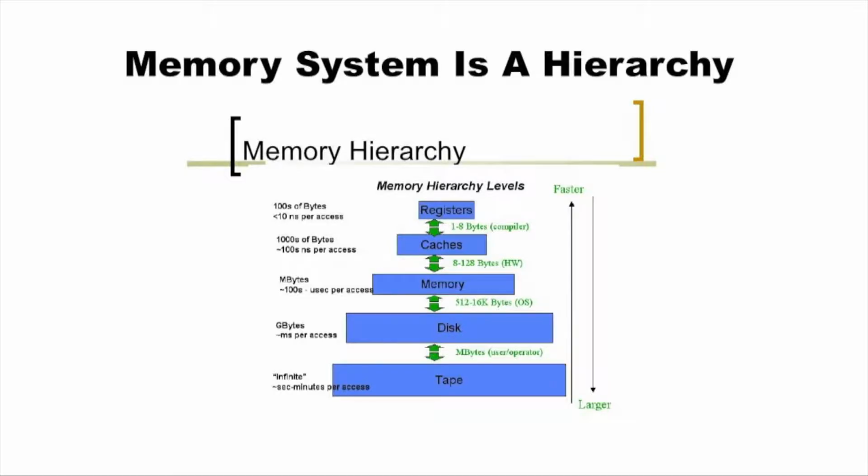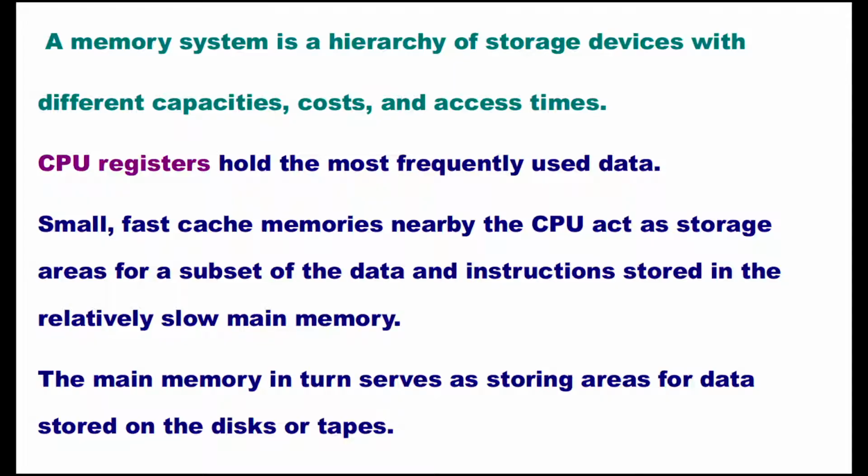Now, we are going to explore the memory hierarchy. To this point in this module, we have assumed that the memory system is a linear array of words and the CPU can access each memory location. While this is an effective model as far as it goes, it does not reflect the way modern systems really work. In reality, a memory system is a hierarchy of storage devices with different capabilities, costs and access times.